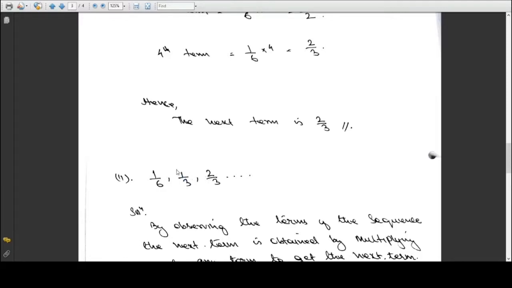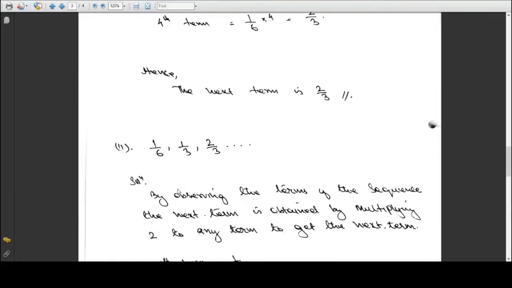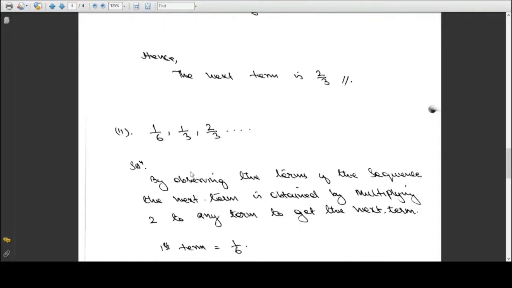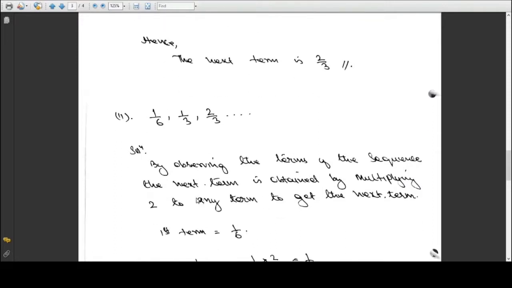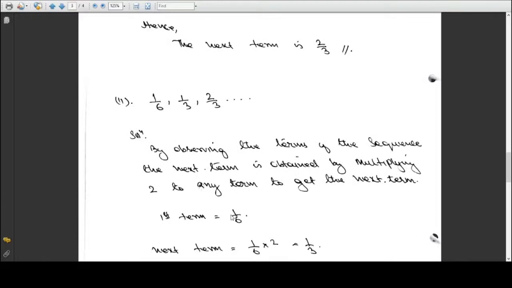You have to look for any kind of relationship between the first, second, and the third. Now if you look carefully here, you'll find that the first term is 1 by 6. To get 1 by 3, you multiply 1 by 6 by 2, you'll get 1 by 3. Now if you multiply again 1 by 6 by 3,